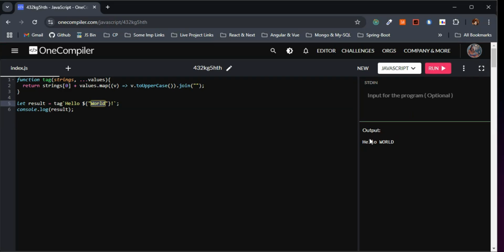I hope the concept of understanding tag templates is completely clear. We saw it with the example of a custom tag function. Next we'll be discussing